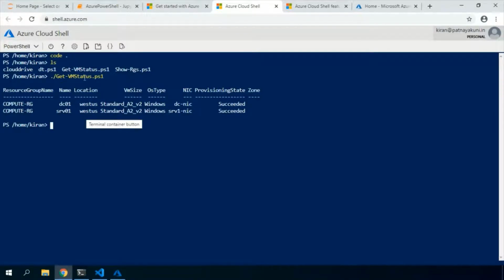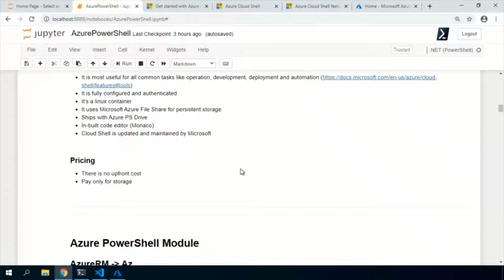Right, I think this is all I wanted to show you today. Because of the time constraint, I couldn't cover everything inside the Cloud Shell, but I hope it will be helpful. Since this environment is pre-installed and pre-configured, we don't need to do much. But if you want to do it on your local machine, you have to install everything on your own. All right, so we'll go back to the slides.